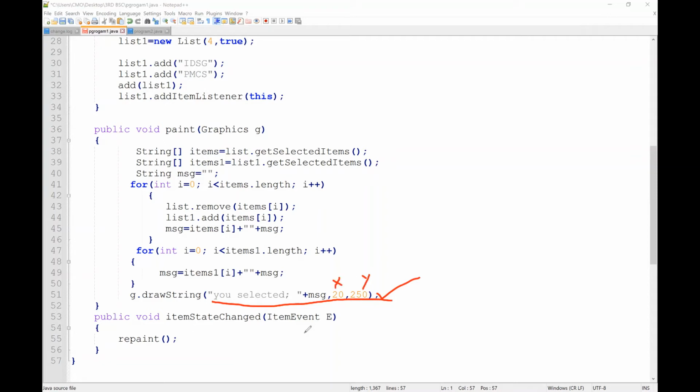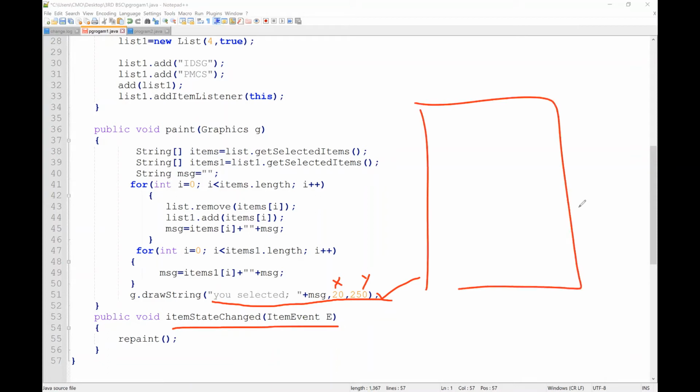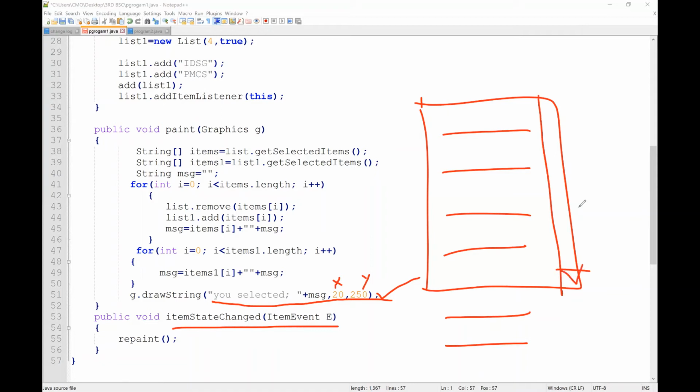Next, after doing this we need to change the state, because for example here at first we will be displaying 4 items, and at the end it will be displaying 2 items. If you want to see the rest, you will use scroll buttons. Once it is done, the state will be changed.